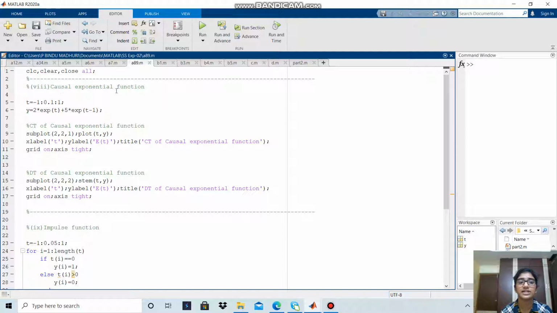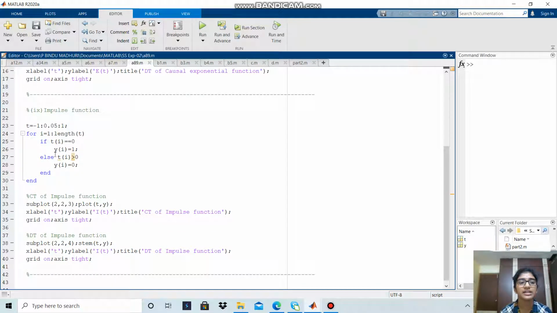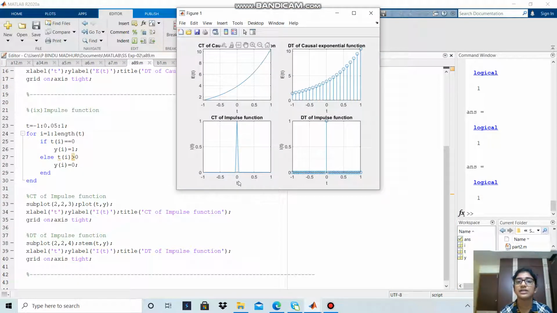The next one is a causal exponential function, where the present output depends on the present input or the past input. So I took y equal to 2 e power t plus 5 into e power t minus 1. This is the past input. And the impulse function is equal to 1 for x equal to 0, and for other values it is equal to 0. This is the causal continuous, and this is the discrete of causal, and this is the continuous of impulse, and this is